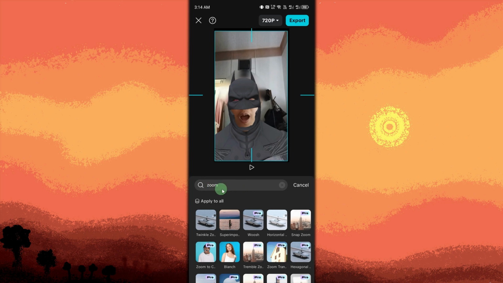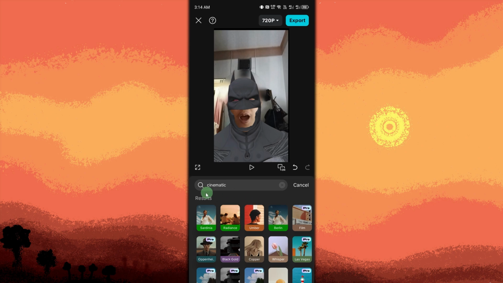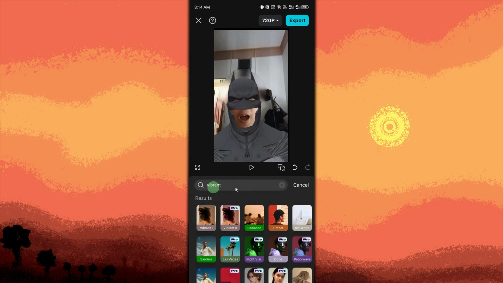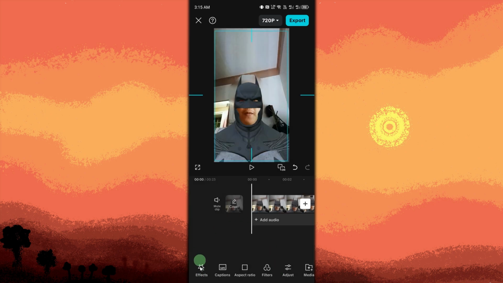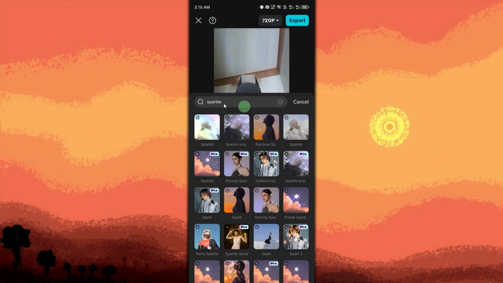Add filters. Go to the Filters menu and apply filters that match your video's mood, for example, cinematic, retro, or vibrant. Tap on your chosen filter, then adjust the intensity if needed. Apply video effects. Tap Effects, Video Effects, then choose visual effects like glitch, blur, or sparkle to enhance your